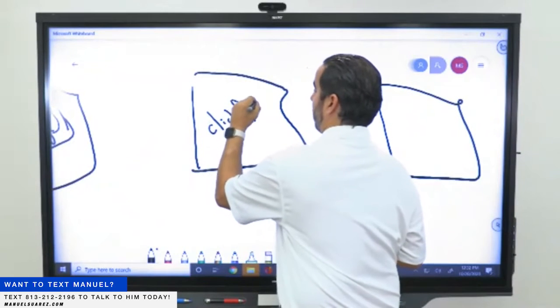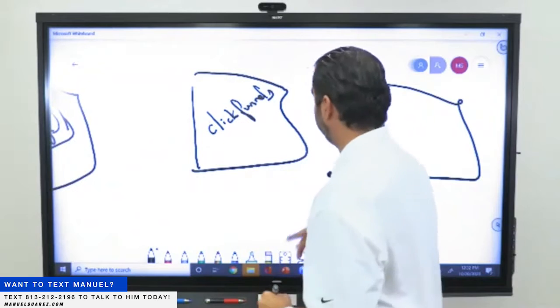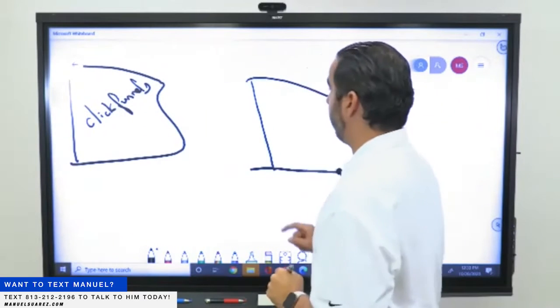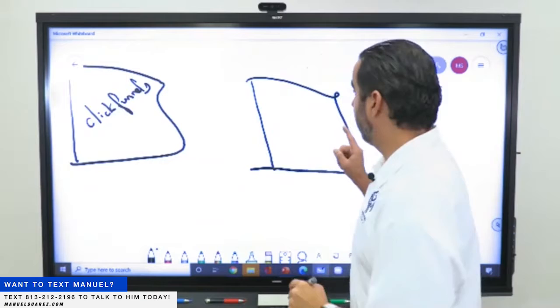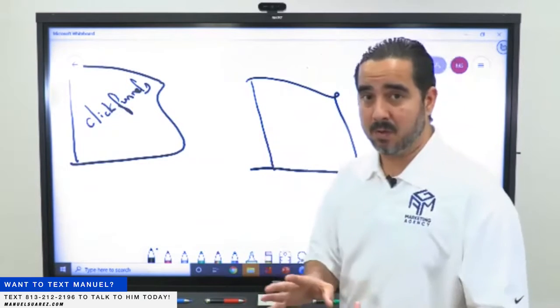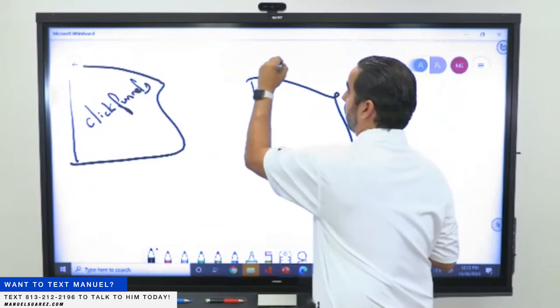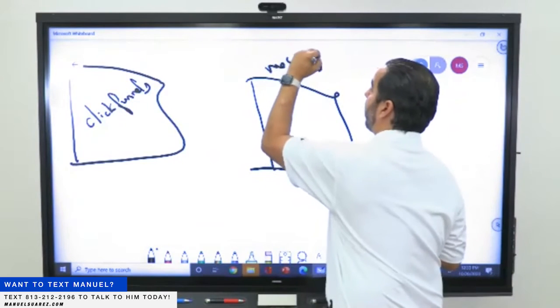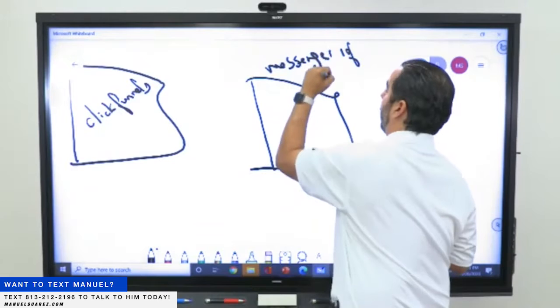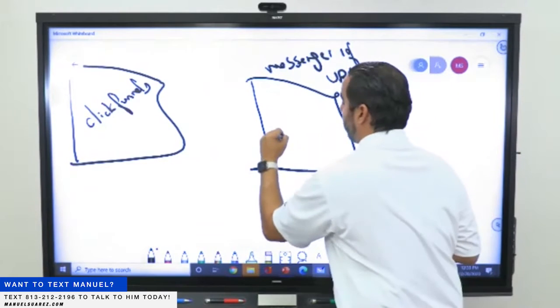And then you can do another campaign that sends people from Facebook into ManyChat. We call that a messenger ref URL. So they land in ManyChat.